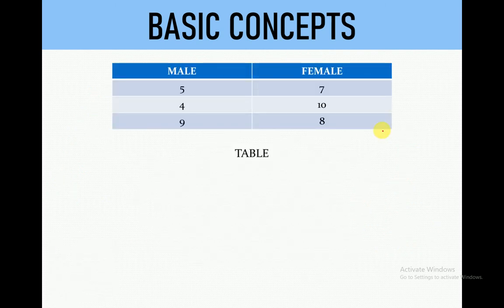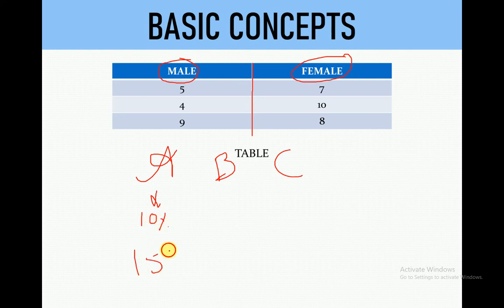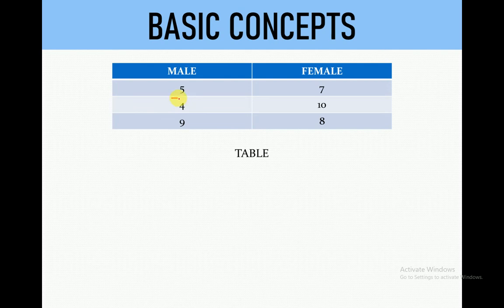And this is the table DI. This is one of the easiest ones, because male and female is given, or anything can be given to you. Suppose 3 companies are there, A, B and C, and the table shows us the number of productions per year. Suppose it's 10%, then 15%, and 20%. All these types of data may be given to you, and you have to just manipulate the data. We'll see how you can manipulate.